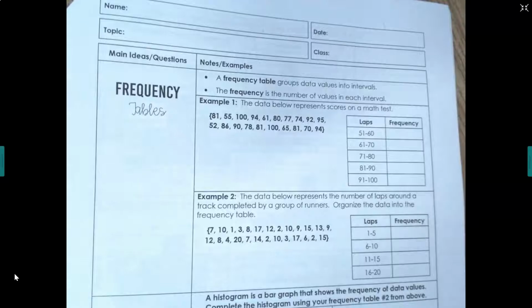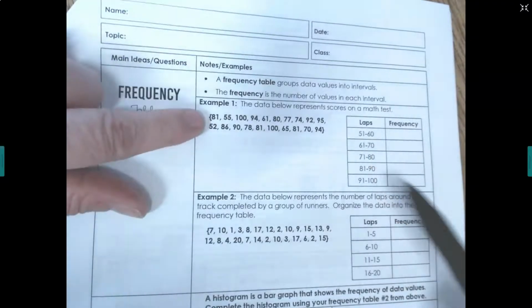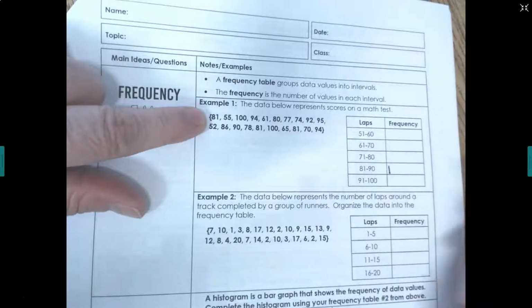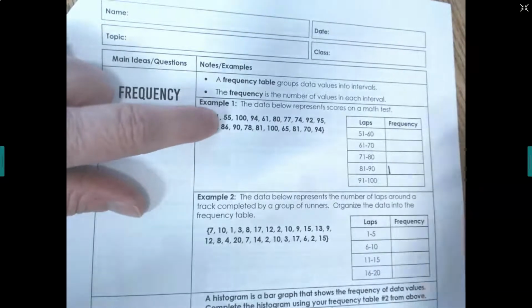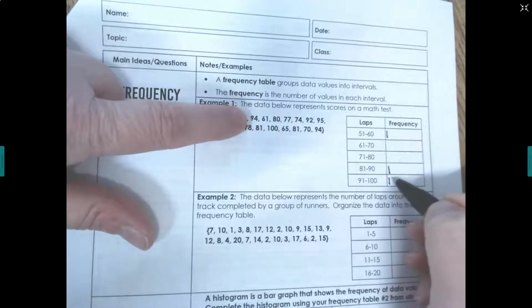So here's what we're going to do. We have some intervals that are made, and I'm going to look at each number. 81 would go into this interval, and I'm just going to make some tally marks for each one. 55 goes in this interval. 100 goes here. 94,